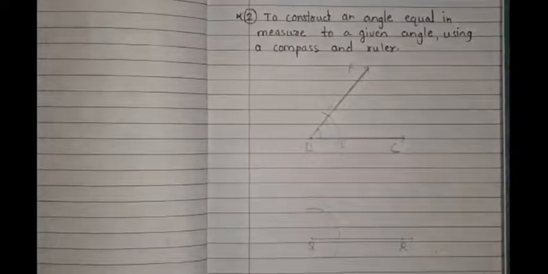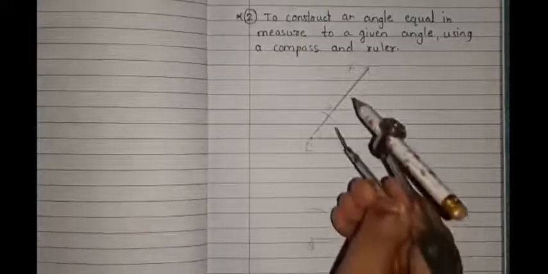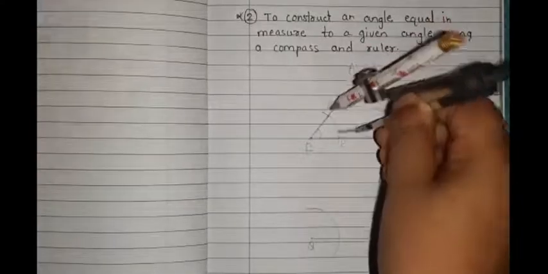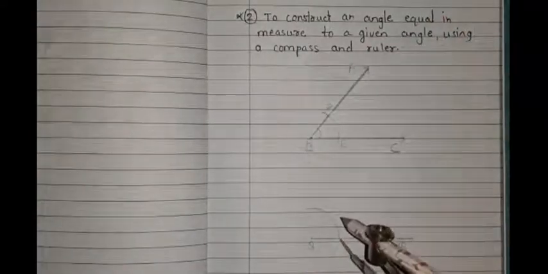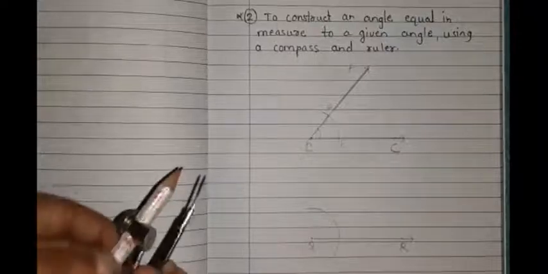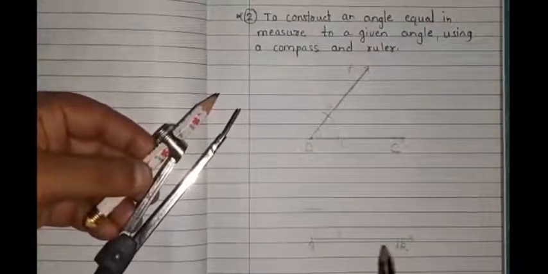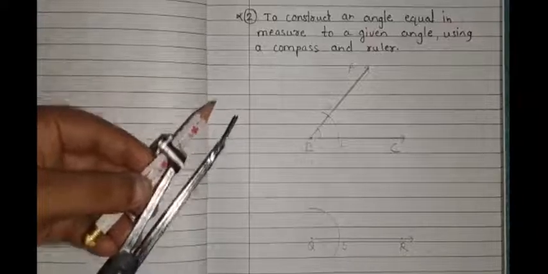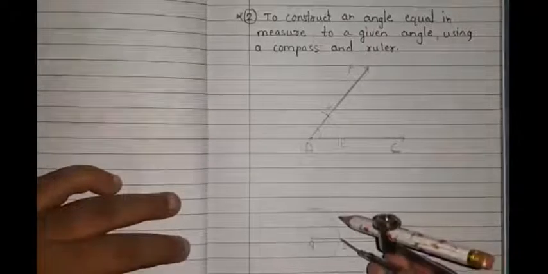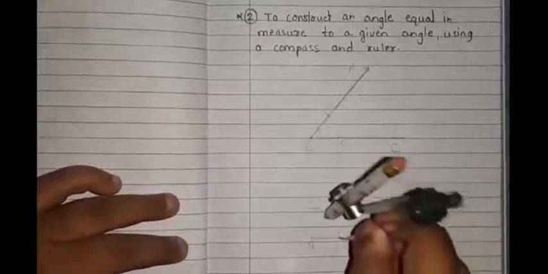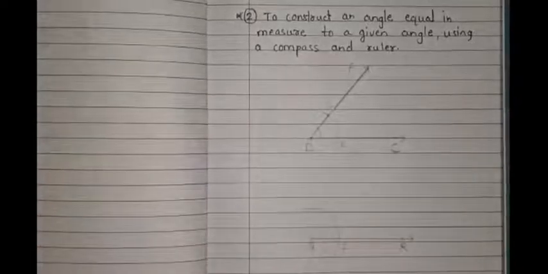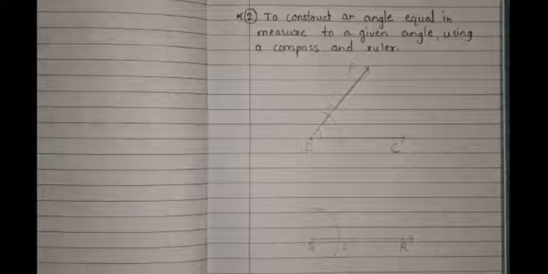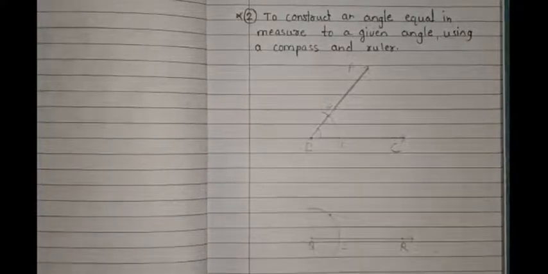Now I will keep my compass on E and pencil on point D. Did you see? This distance I will take, distance DE. Now I will not change the distance, I will keep it on this point. Suppose I will name that point S. So I will keep on S and draw one arc. Did I draw an arc? So I have got one point here. I will just press it a little bit with the pencil.